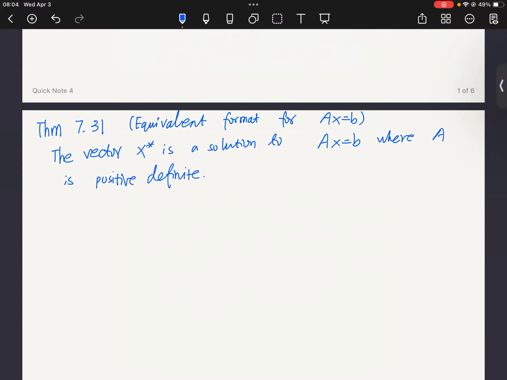Then this linear system Ax equals b is equivalent to the following: x star is a solution if and only if x star produces the minimal value